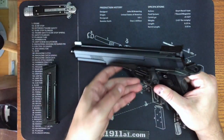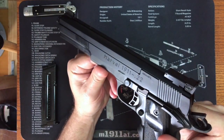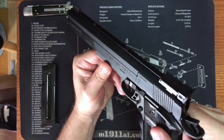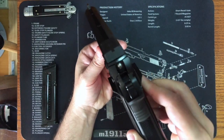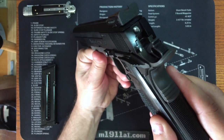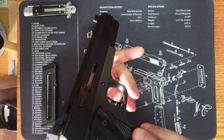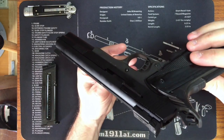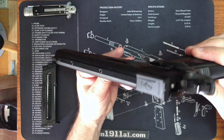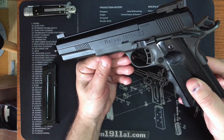And if you look at the fit and finish on this unit, it's pretty incredible. It's definitely a high precision conversion. Top of the line 22 conversion for your 1911. It's a little different having the extractor on the right like that for me in the aesthetic of the 1911,